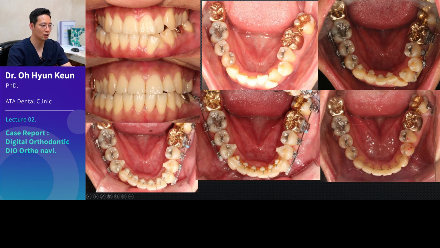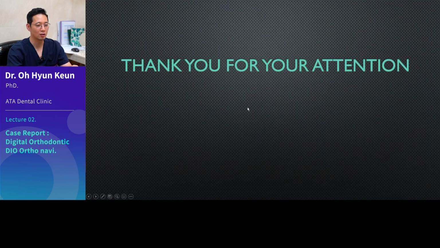So I am not fully satisfied with the result. But we could bring this skewed tooth to a normal position. But this was rather a stretch. I am not recommending this to you guys, but I wanted to show you that even a case like this could be handled by this system.